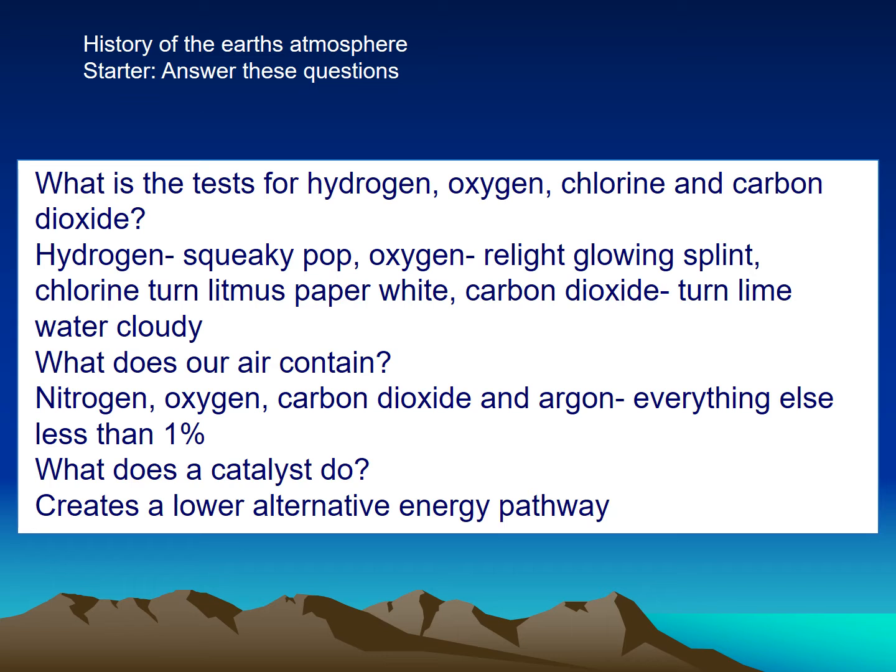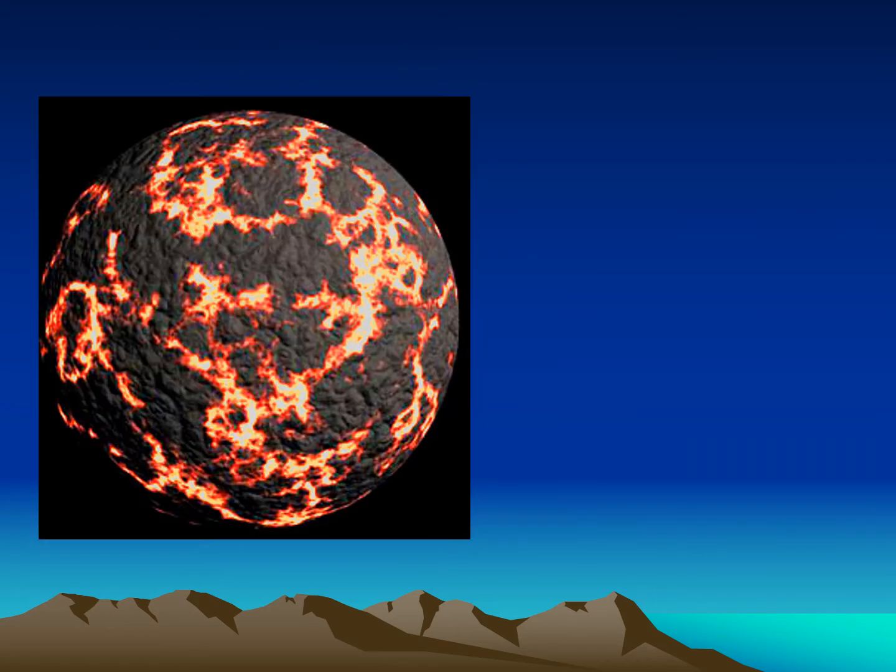And then lastly, what does a catalyst do? So a catalyst creates a lower alternative energy pathway. So it lowers the activation energy required for the reaction to occur, which therefore increases the speed of the reaction. So it's just a bit of revision. And now let's jump into the